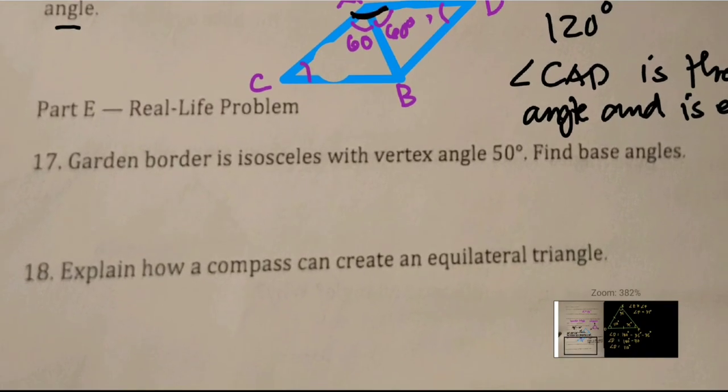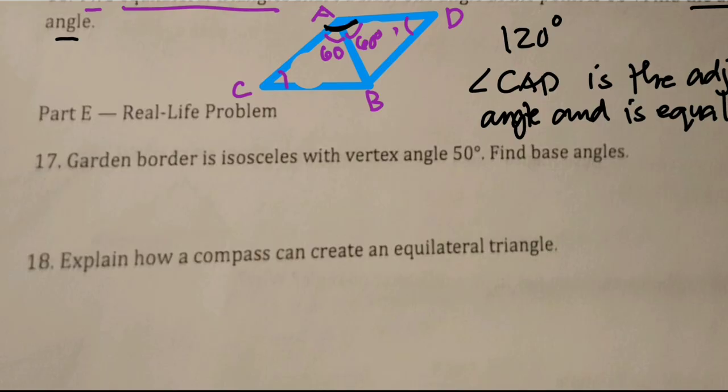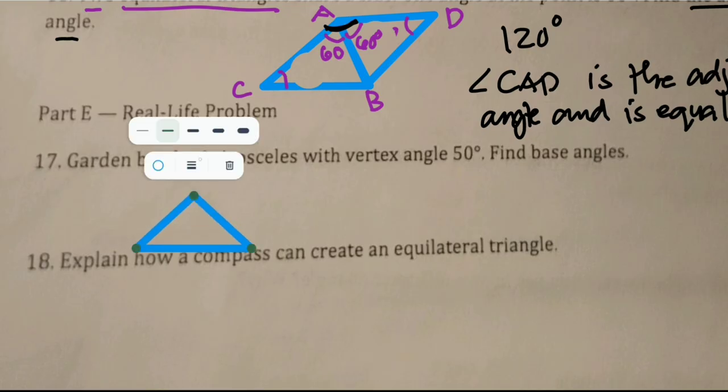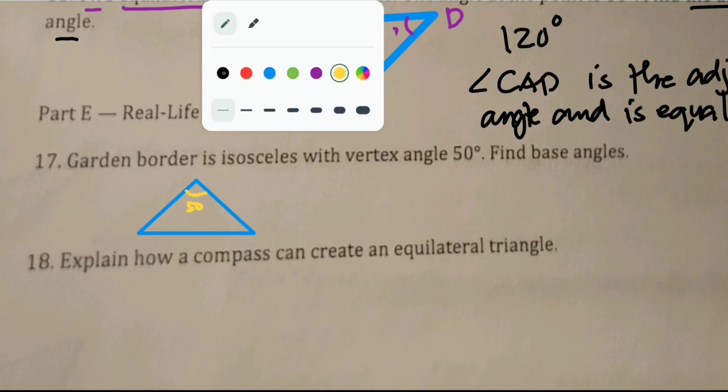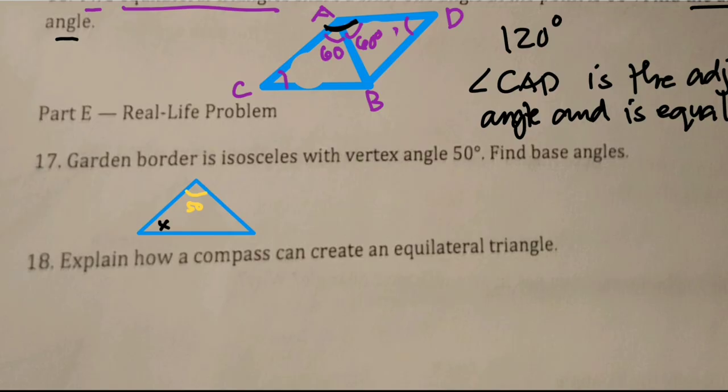Okay, we're on number 17. Garden border is isosceles with vertex angle 50, find the best base angle. So if this is 50, let's say this is x, this is x, because in an isosceles triangle, the two sides are congruent as well